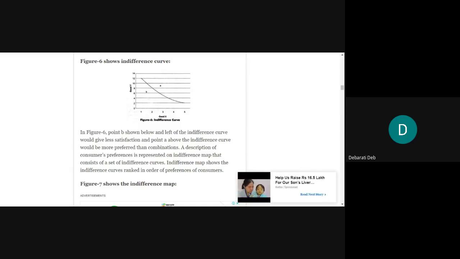So in the indifference curve, whatever the combination of good x and good y is falling on that particular curve, you can see on your screen. This is the look of an indifference curve. In this curve, whatever points fall will have a combination of good x and good y, because we get these points by taking some points of x and some points of y. They are nothing but the quantities of good x and good y.